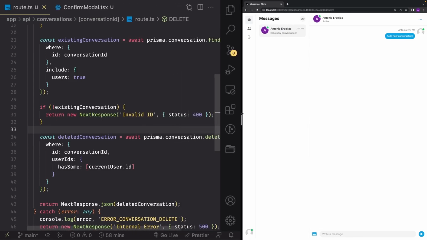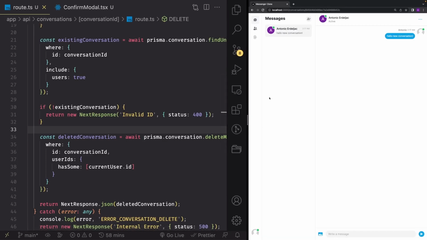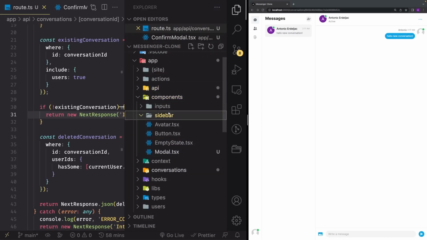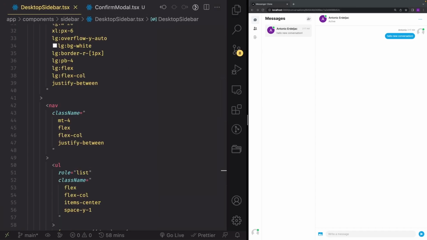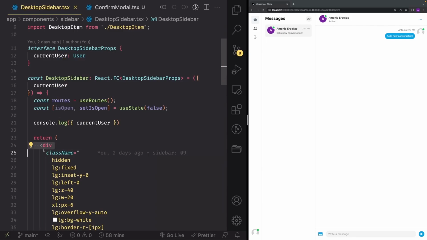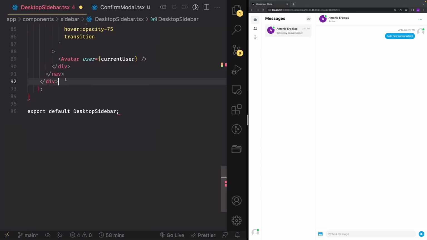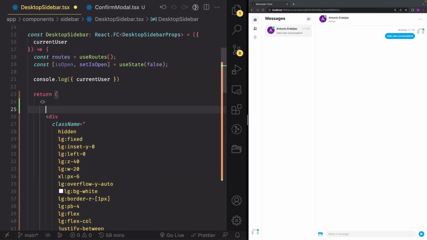So I'm going to expand my code right here. Make sure you are in desktop view so you can see the sidebar. And I'm going to go back into my app folder, into components, sidebar, desktop sidebar component right here. And what I'm going to do, I'm going to wrap this entire div inside a fragment. So I'm going to write fragment like this, and like this at the bottom, and then you can indent all of that here. Great. And what we're going to add here is the settings model like this, which does not exist yet, but